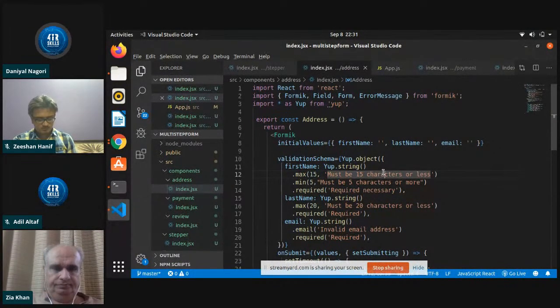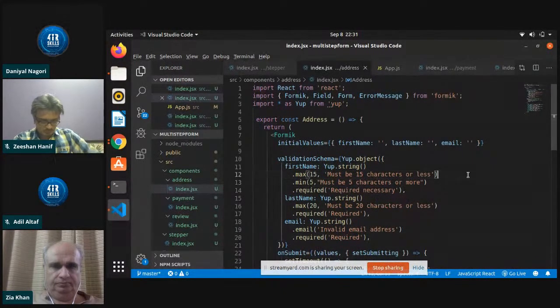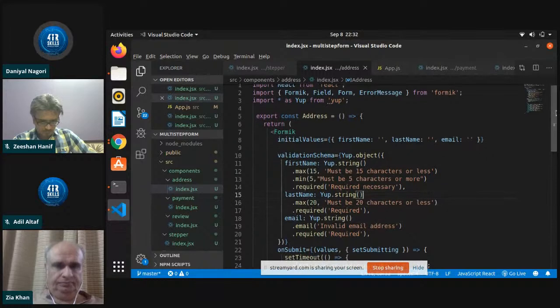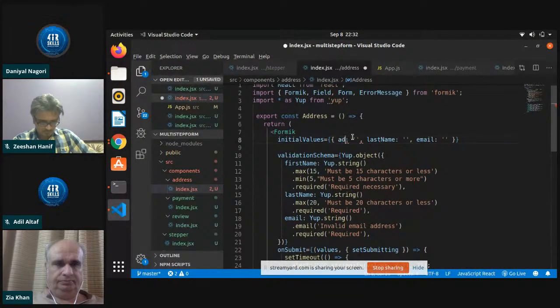We don't need to use if else conditions. That is all provided by Yup. So many other validations we have in Yup. According to your requirement, you guys can use it. Also, what I can do now, what we need is, I will create a form according to our